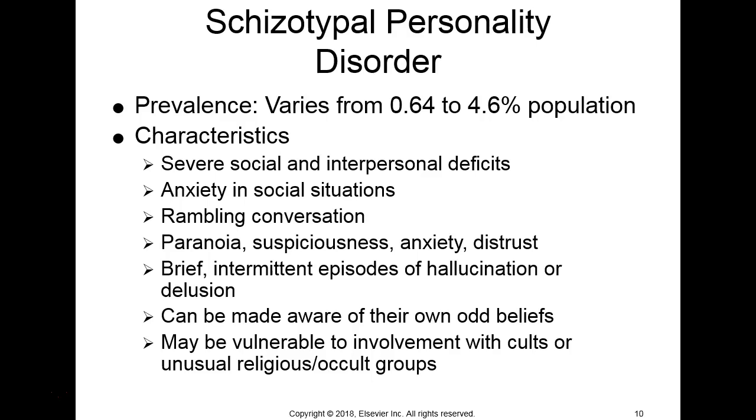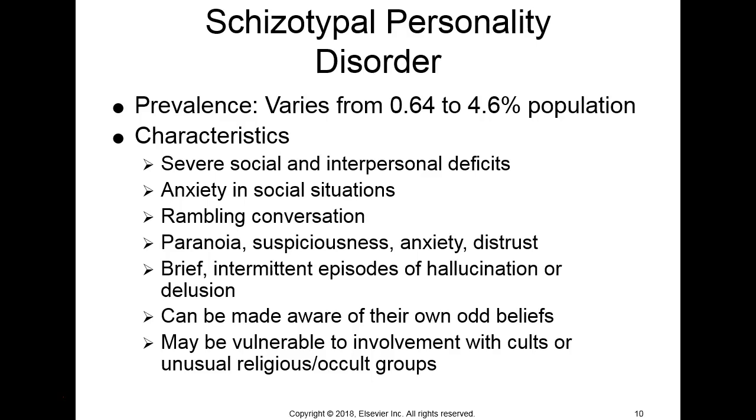So an example of a bizarre delusion might be the patient that says that he was in a spaceship floating around in outer space for the last 2 weeks. Okay, that's bizarre. That couldn't possibly have happened in reality. But perhaps the person with schizotypal is going to have a delusion that somebody is trying to poison his food. Well, it's probably not happening, but it's not outside the realm of possibility that somebody could be trying to poison his food. So just an example of the kind of difference between some of their episodes and somebody with schizophrenia.